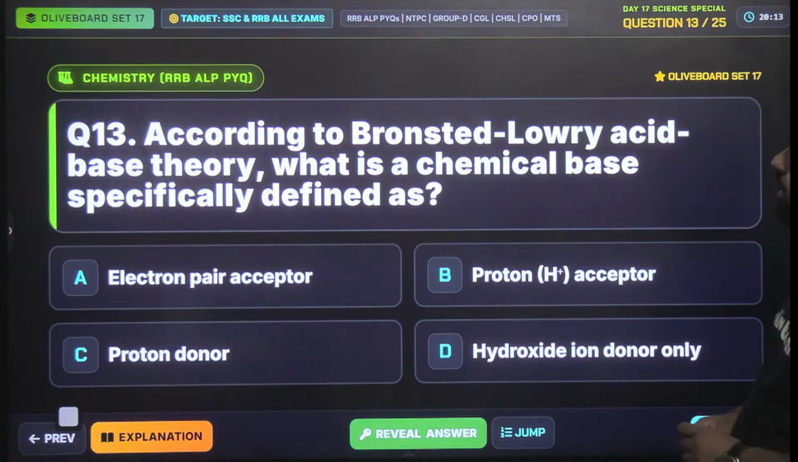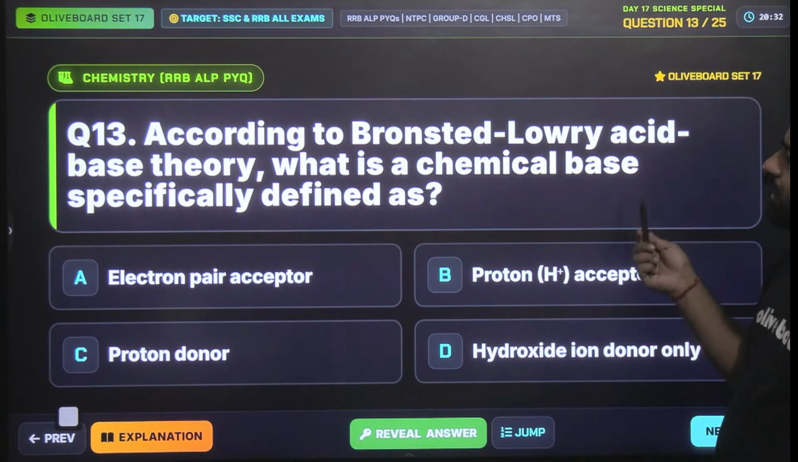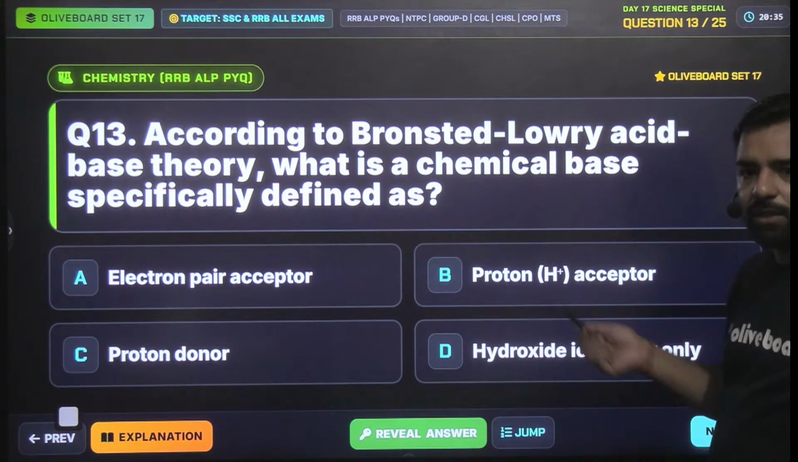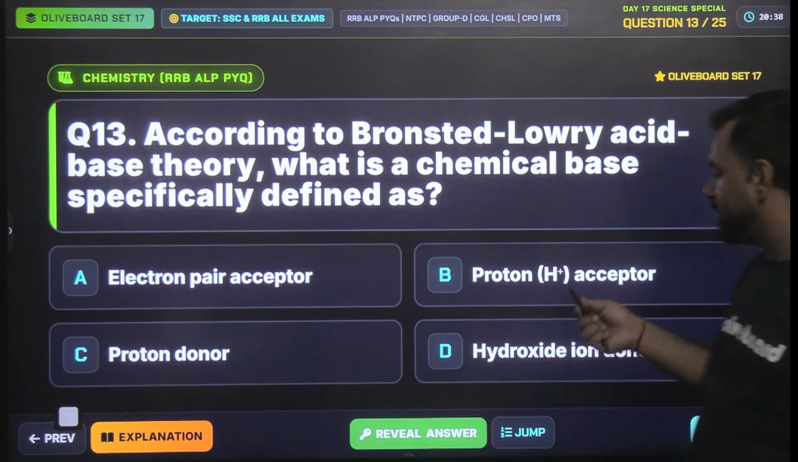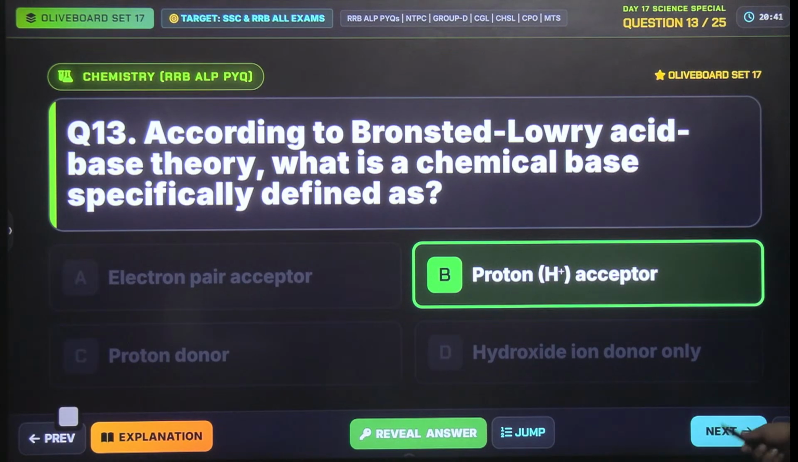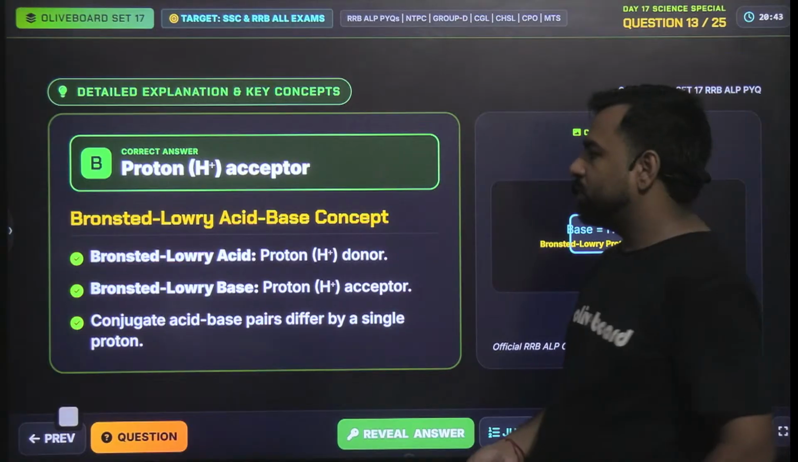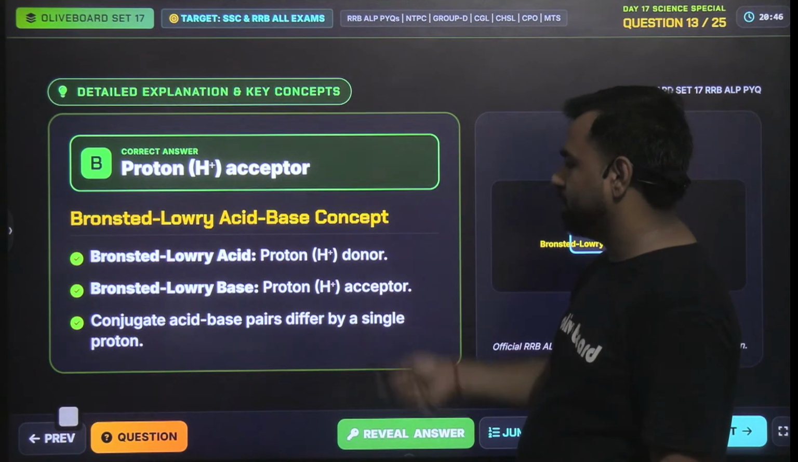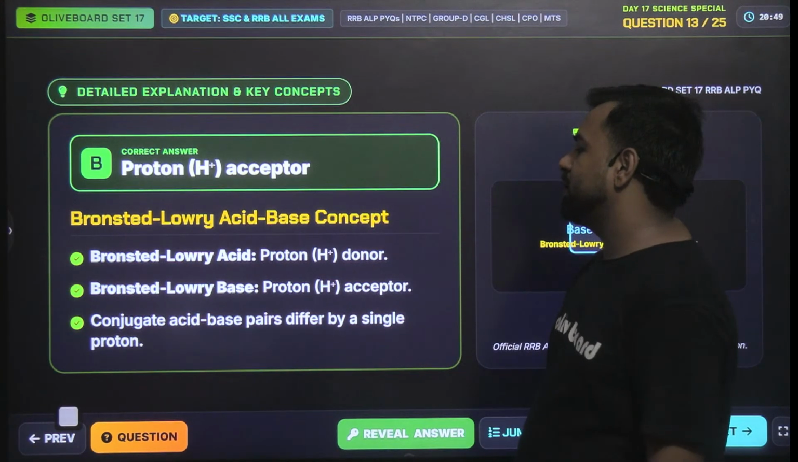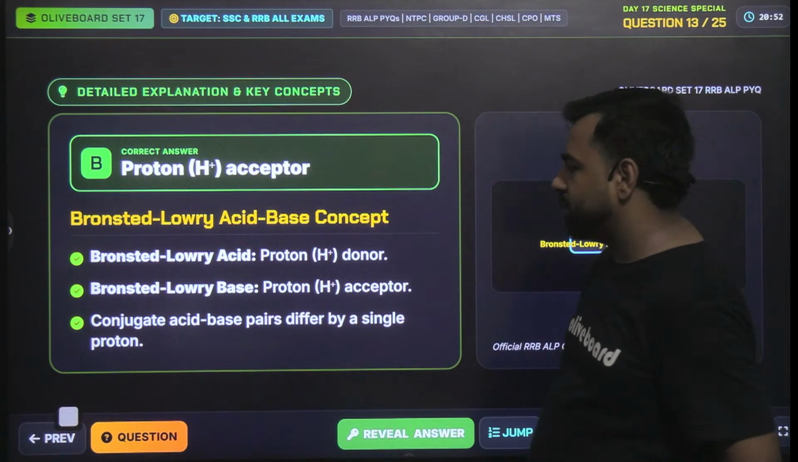Next. According to Bronsted-Lowry acid-base theory, what is a chemical base specifically defined as? Electron pair acceptor, proton acceptor, proton donor, or hydroxide ion donor only? Four options, please. What's the answer? So a chemical base is defined as what? That's the proton acceptor, right? So proton acceptor, that is option number B, will be the correct answer. According to Bronsted-Lowry, an acid is a proton donor, a base is a proton acceptor,